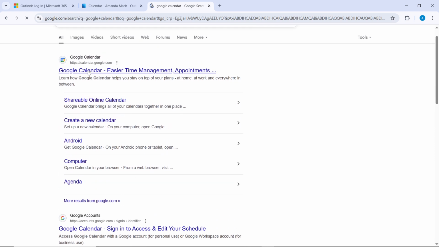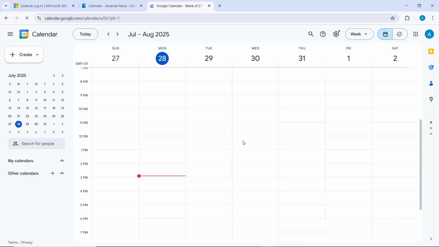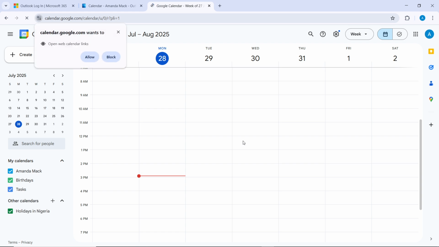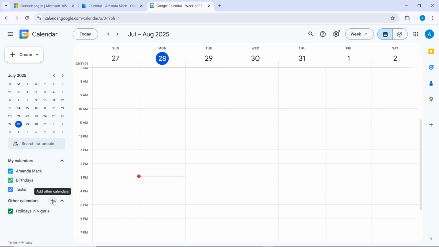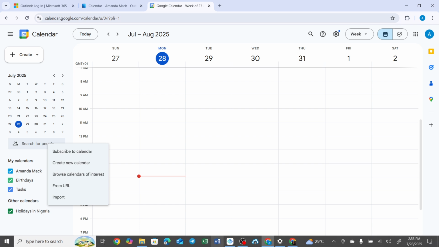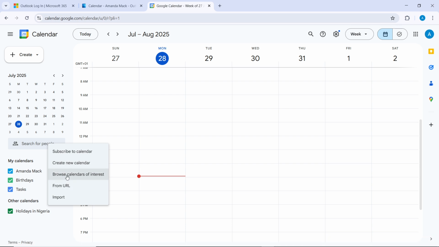So now let's access Google Calendar. It's opening. Make sure that you're signed into the Google account where you want to sync the calendar. Now that we're here, in the left sidebar you're going to find other calendars. So go ahead and click on the plus icon that's right next to other calendars,